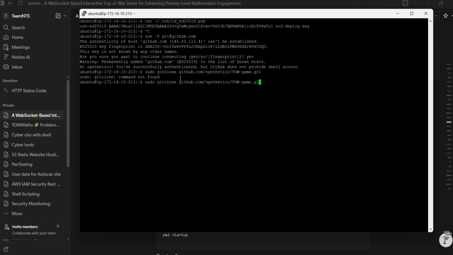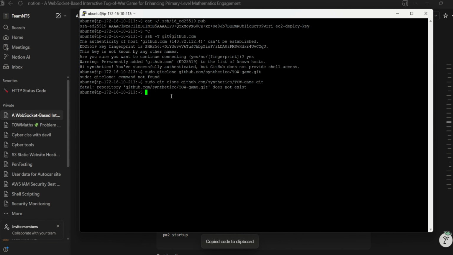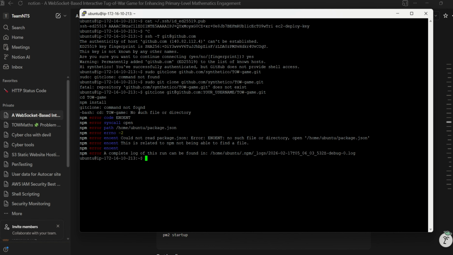Oh, so I think I know where the problem is coming from. Fatal repository does not exist. Wow. Okay, so let's verify what is wrong. Let's see what is wrong. Let's see. I think I know where the problem is coming from. So I go back and